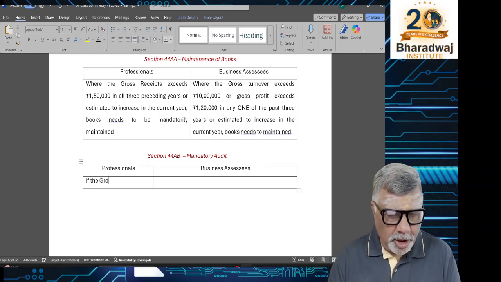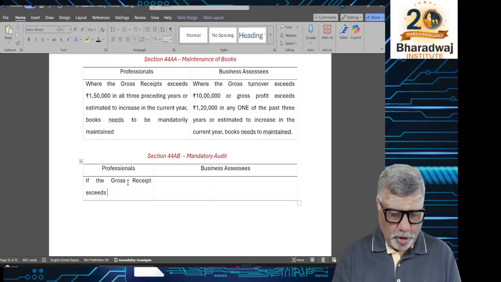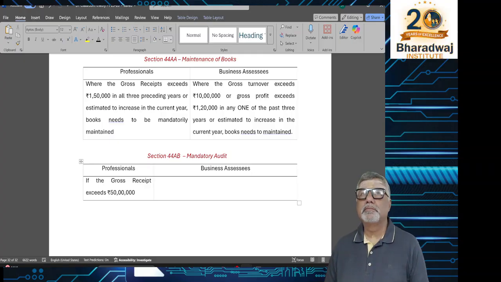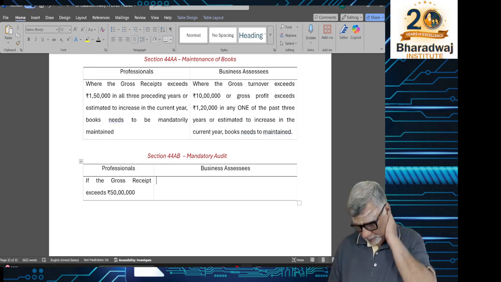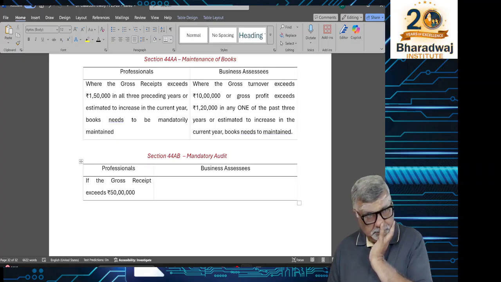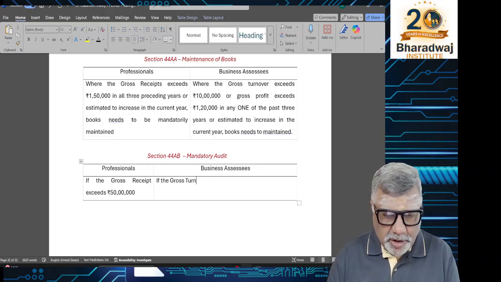If the gross receipt exceeds rupees 50 lakhs, if the gross turnover exceeds rupees 1 crore,